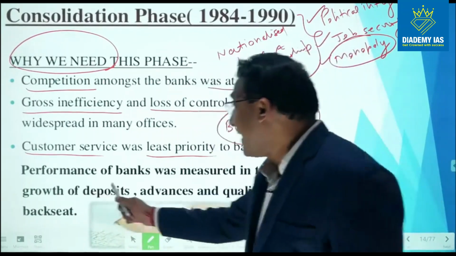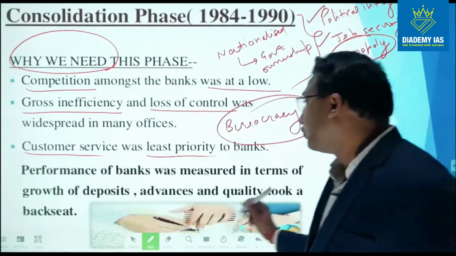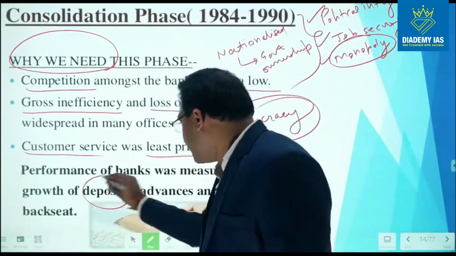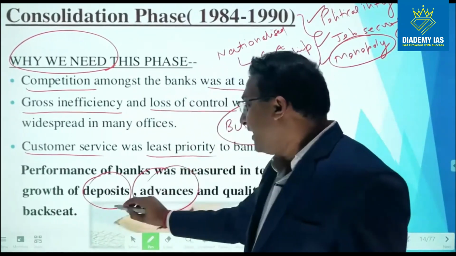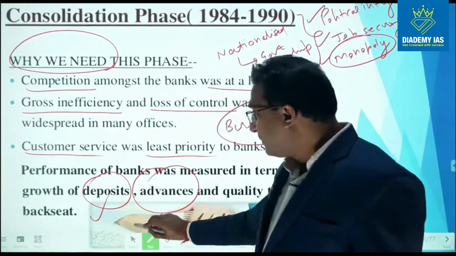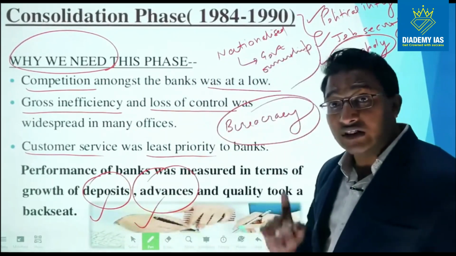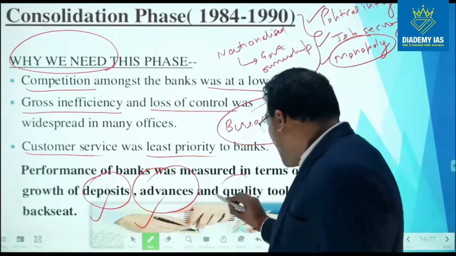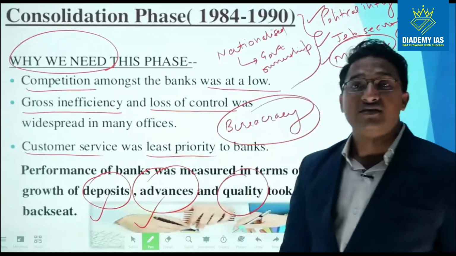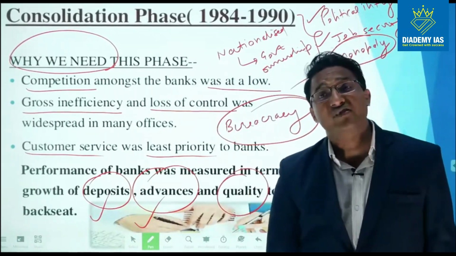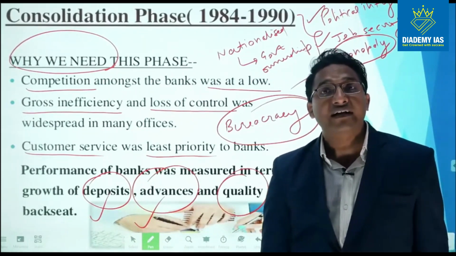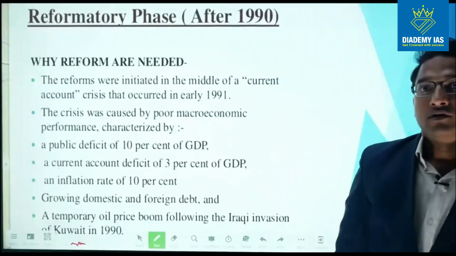The performance of the banks was measured in terms of growth of deposits and advances, right? So the money they are receiving and the money they are giving as loans. This was the major criterion. The quality of the services was completely neglected. So friends,